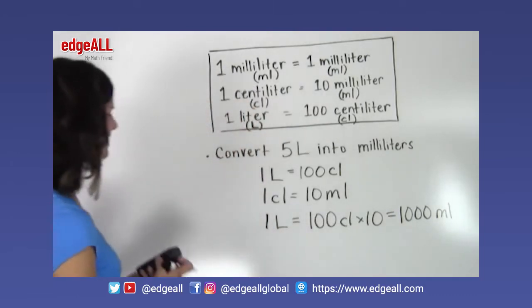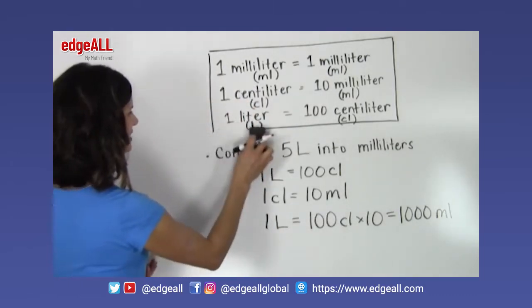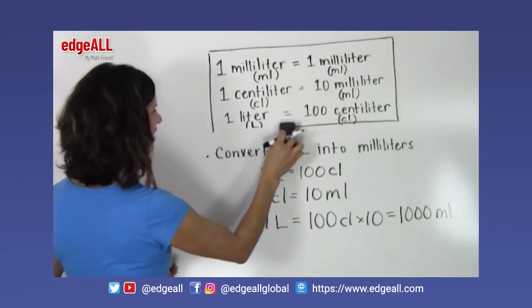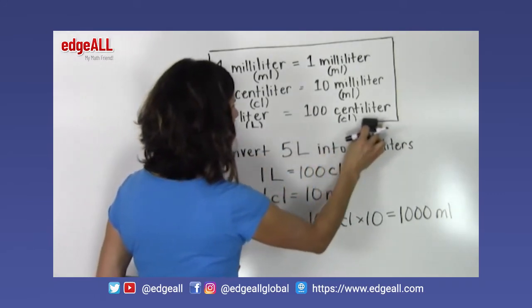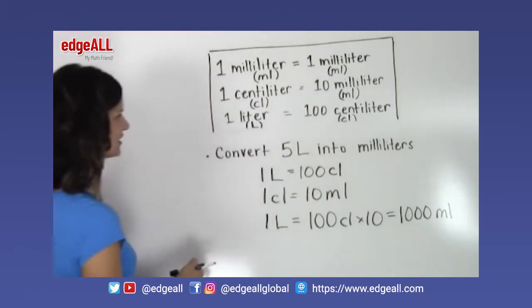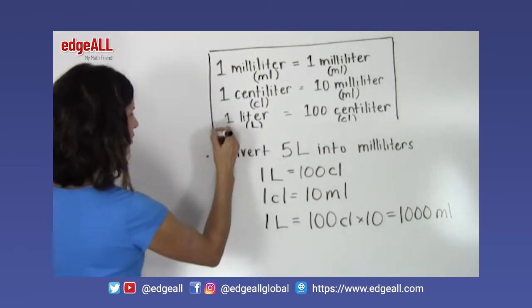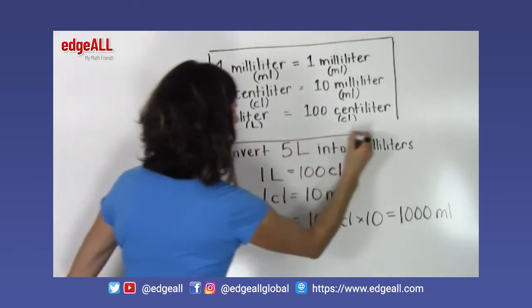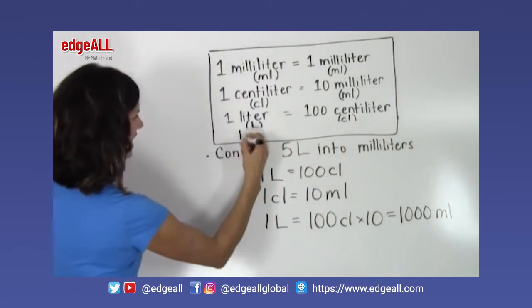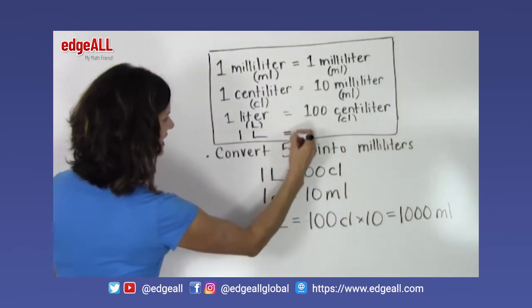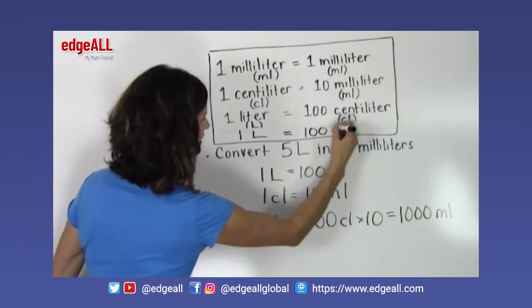We could even add this to our chart. So right here underneath where we have our information about liters and centiliters, I'm going to add one more piece to our chart. And that is that 1 liter equals 1,000